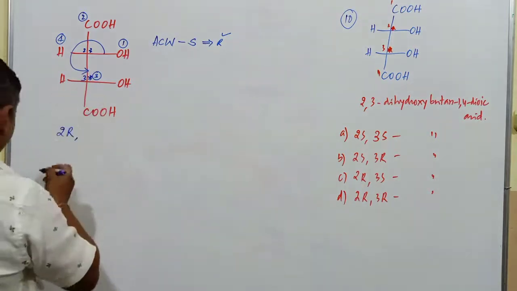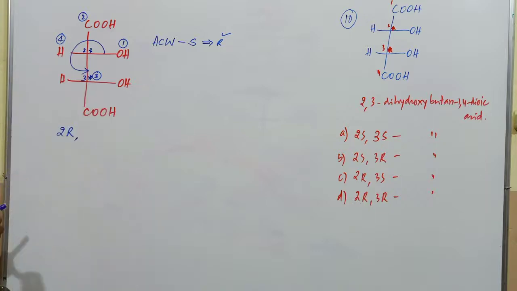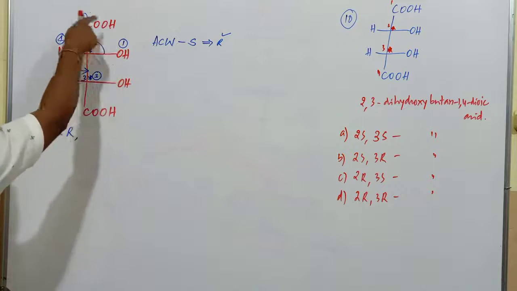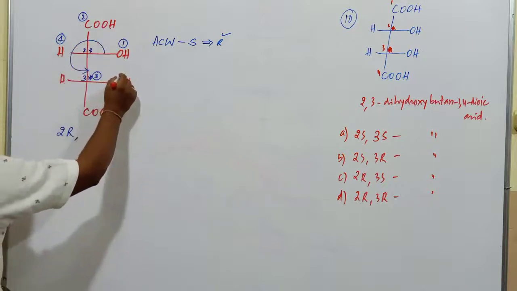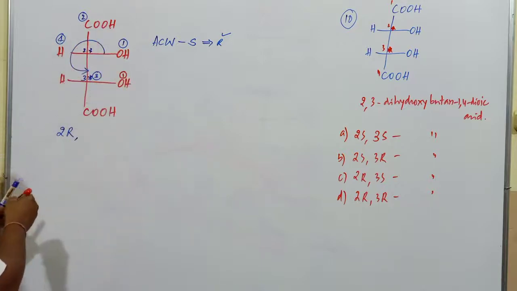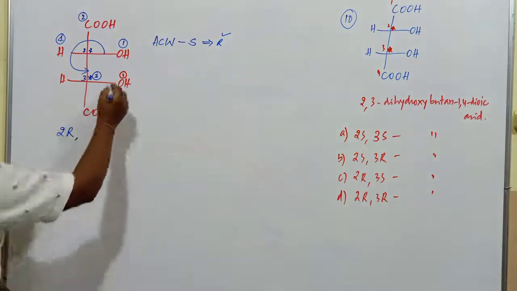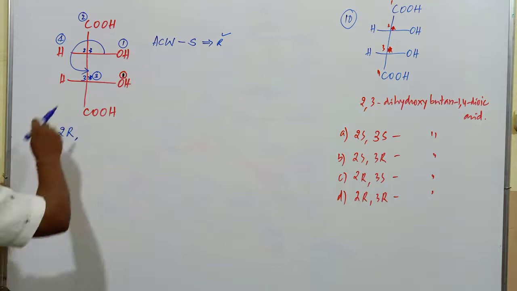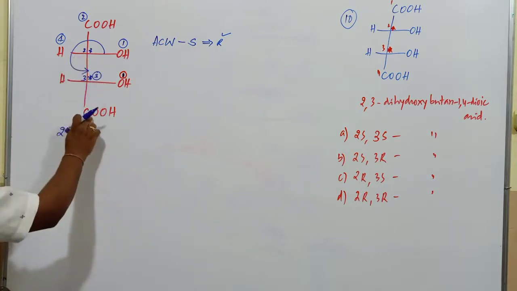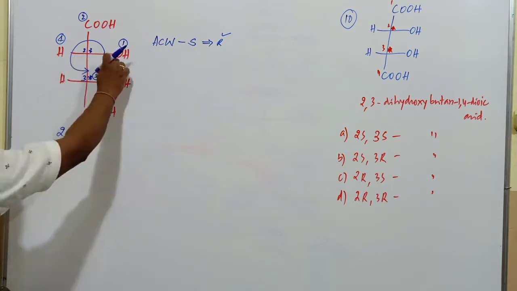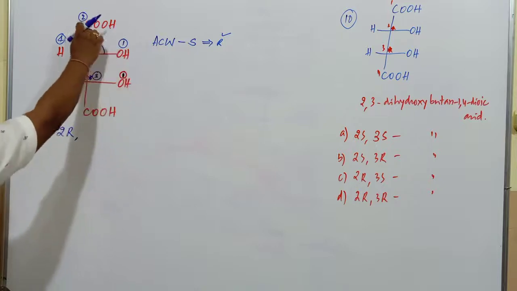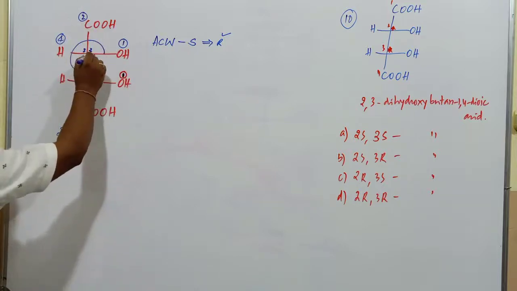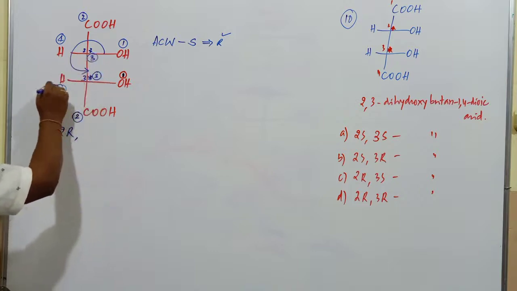Now with respect to this particular carbon atom, the third carbon atom, this is OH. It is COOH. This is carbon with this particular group, and here also this is our first priority with respect to that particular oxygen atom, first priority because of highest atomic number. Next one is found to be carbon. Here also carbon, here also carbon. It is a double bond. It is connected to a single bond carbon, single bond oxygen and single bond carbon atom. So this is of second priority. This will be of third priority, and this is found to be fourth priority.